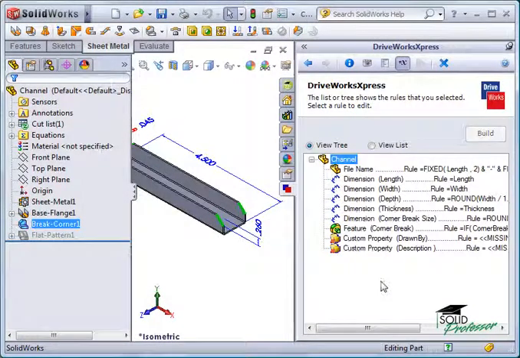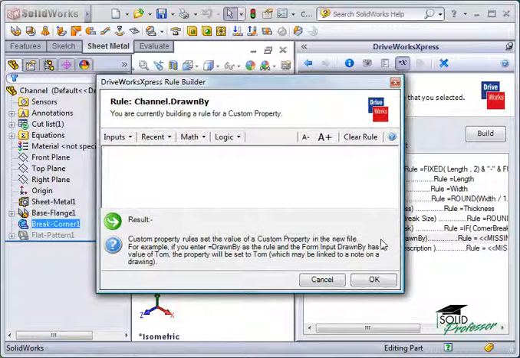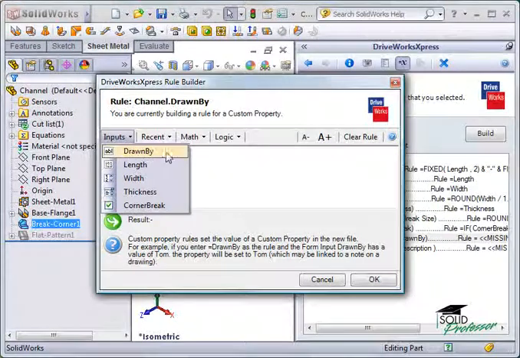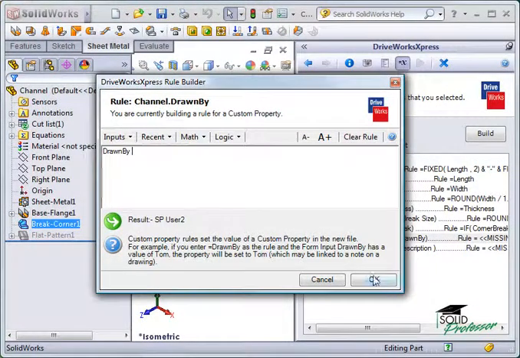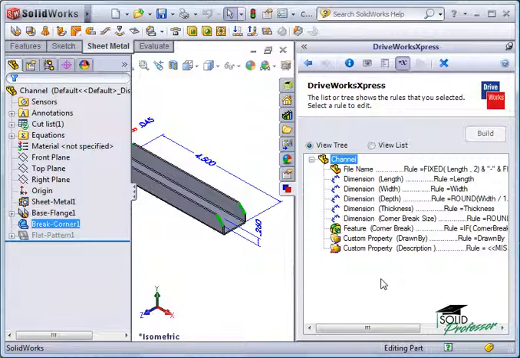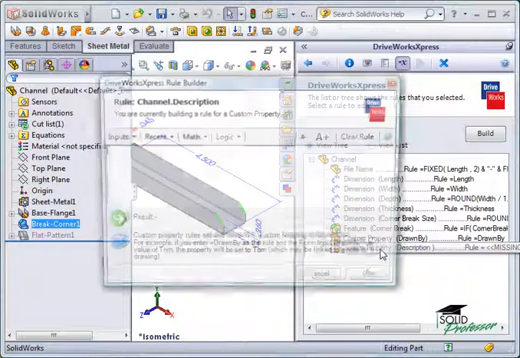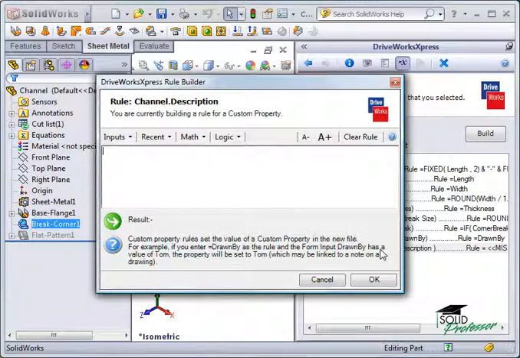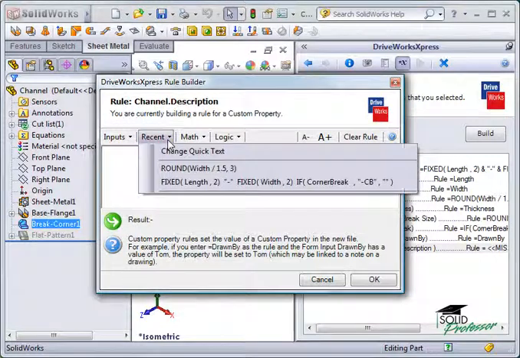The final rules we need are for the description and drawn by custom properties. I'll define the drawn by rule first. This is controlled just by the drawn by text box, which can be selected from the Inputs drop-down menu. Finally, the description will be roughly the same as the rule for the file name. I'll first add the quick text for the equation of the file name,